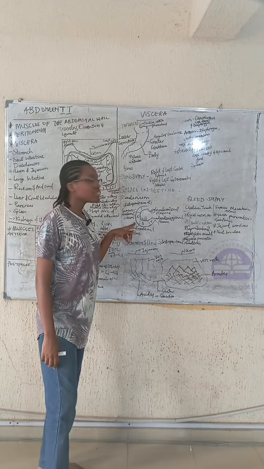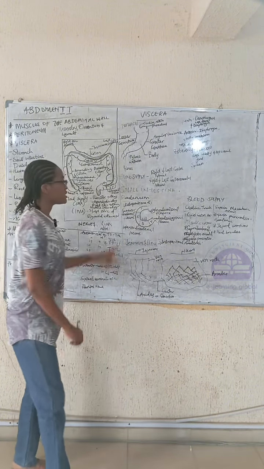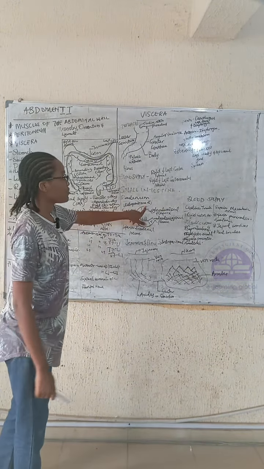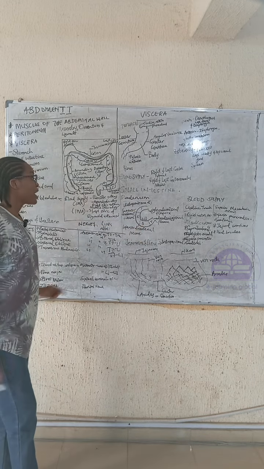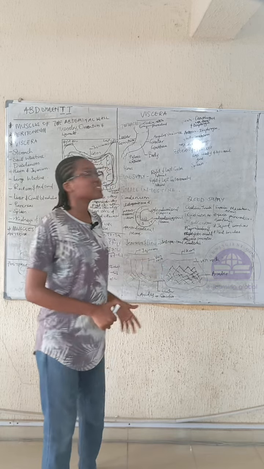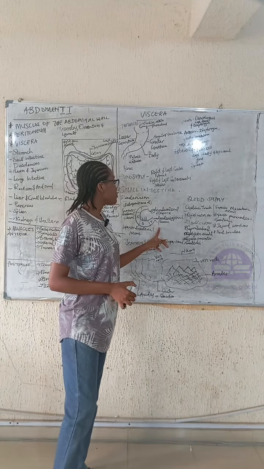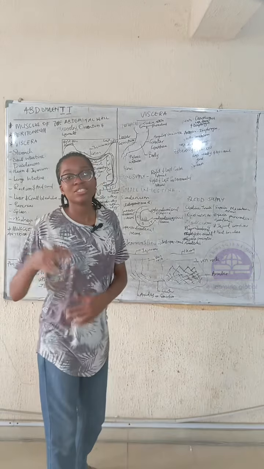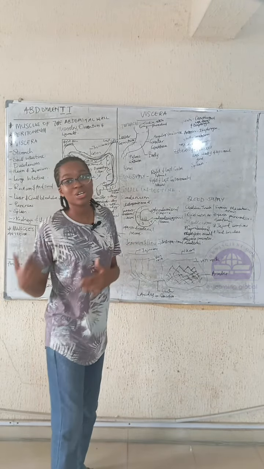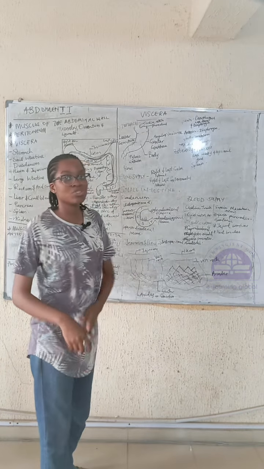Then between the descending part of the duodenum and the inferior part of the duodenum, what we have is the inferior duodenal flexure. So one gets its name from superior, one gets its name from inferior. And then we have the duodenojejunal flexure, which also marks the duodenojejunal junction. The junction between the last part of the duodenum and the initial part of the jejunum is what we call our duodenojejunal junction. And the flexure, which is the bend at that region, is what we call our